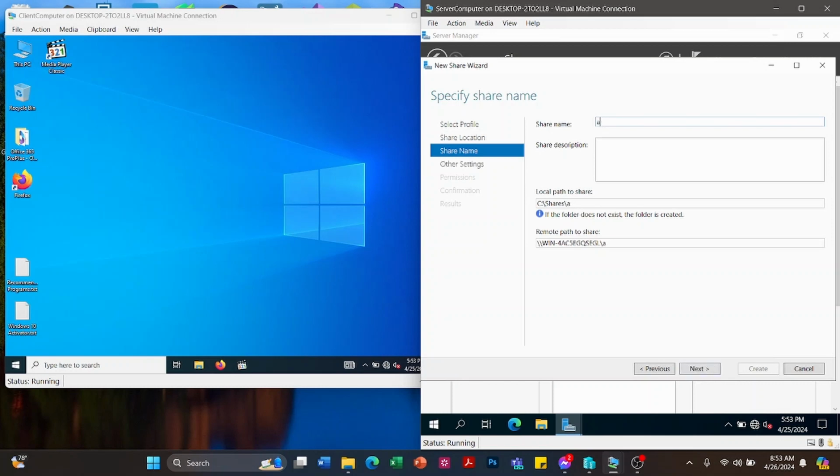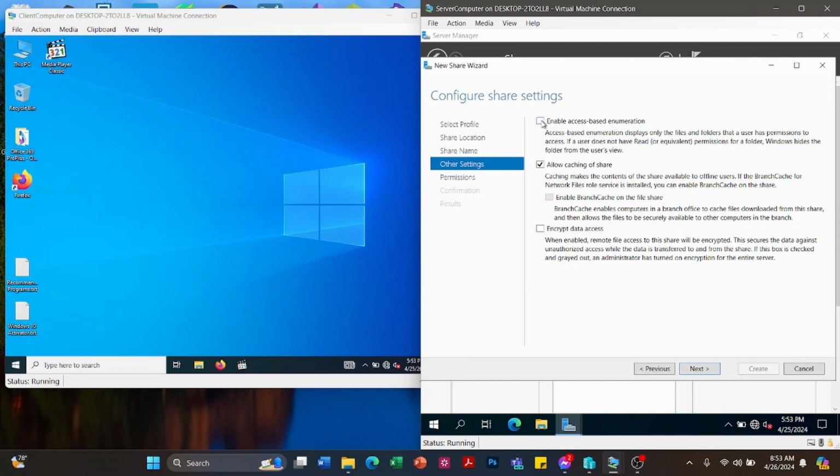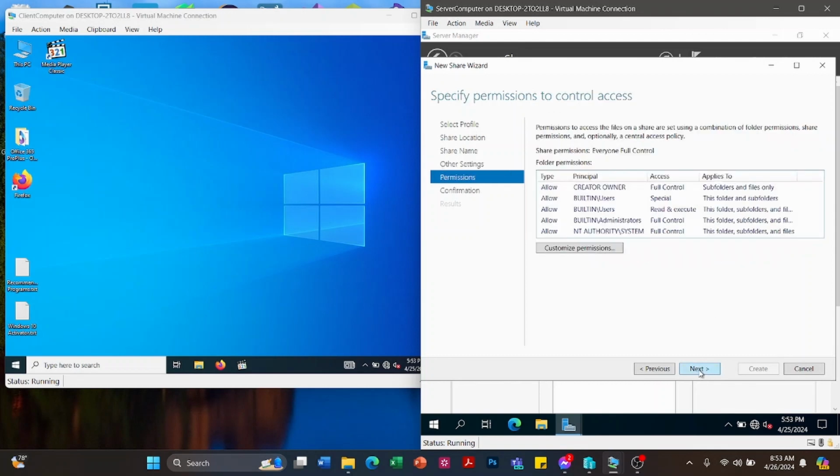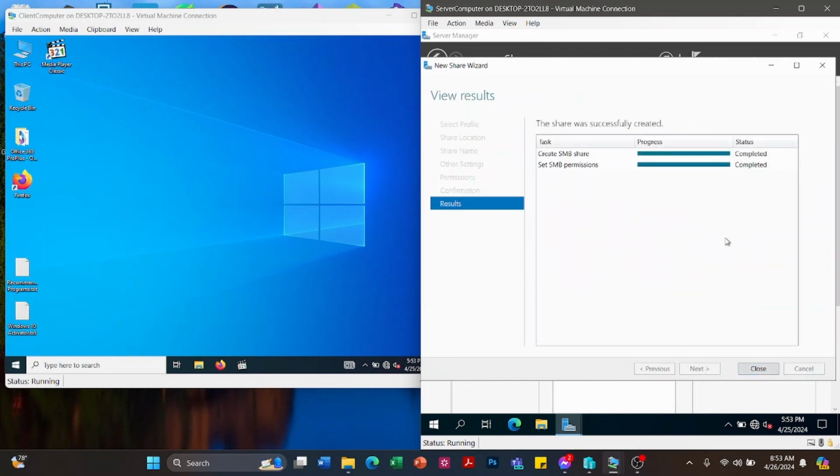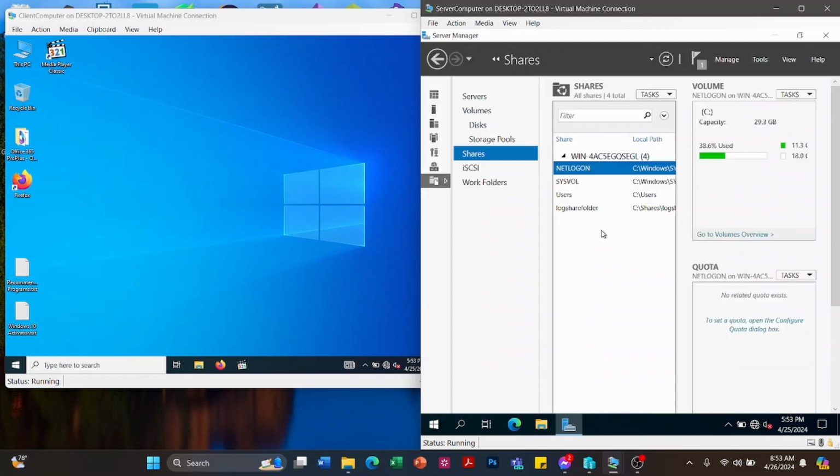Okay, so we're going to name the share folder log share folder. Then next. So click enable access, then next, then next, then create. Okay, so creation of folder succeeded, then close.